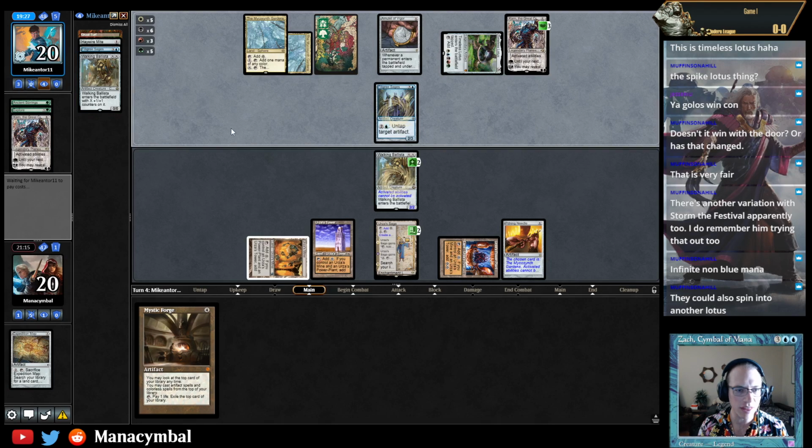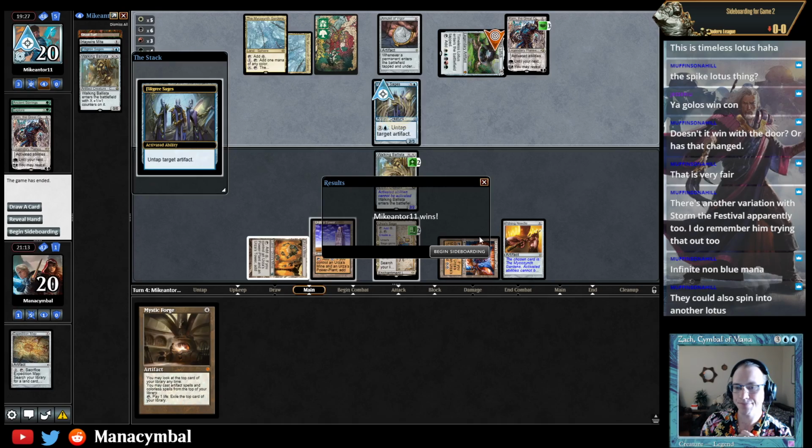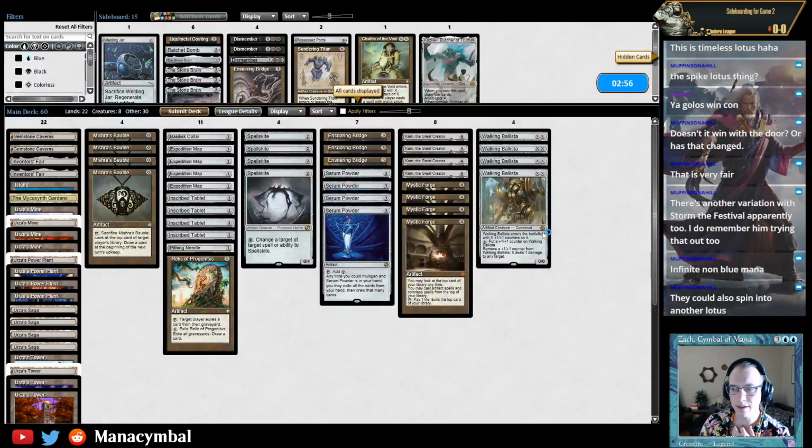Sorry, what did they get? Oh, they got a Ballista. Sorry, I'm dead. I'm dead. Sorry. I was talking about how the infinite non-blue mana is surprisingly...